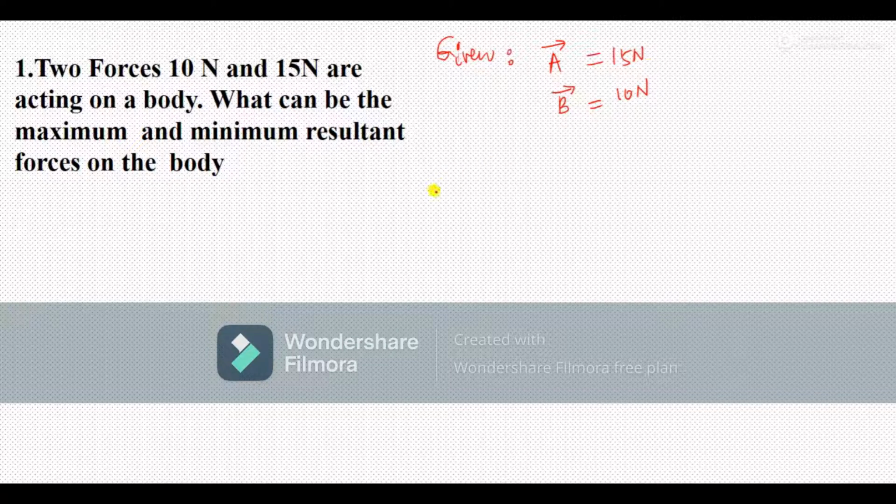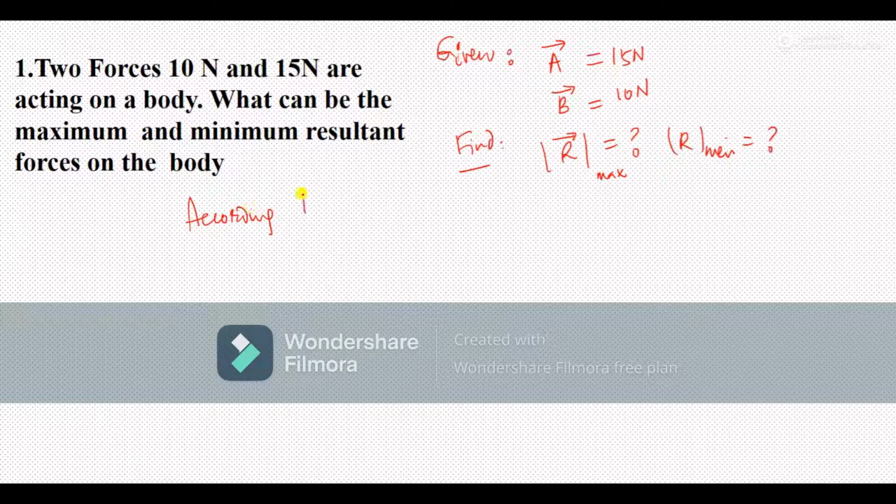So what we have to do is find the resultant of these. He is asking to find what is the maximum resultant and what will be the minimum resultant. What we inferred from the previous topics is, according to the parallelogram law of vector addition,